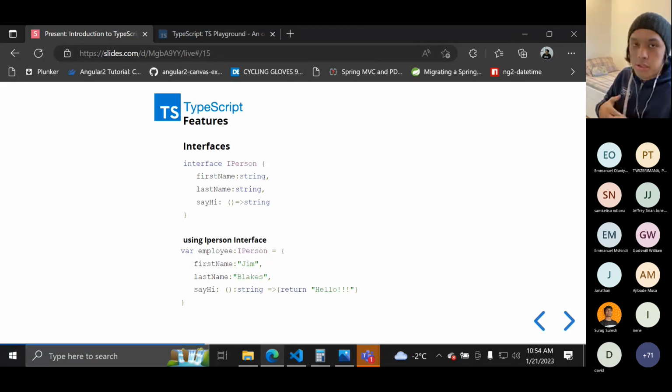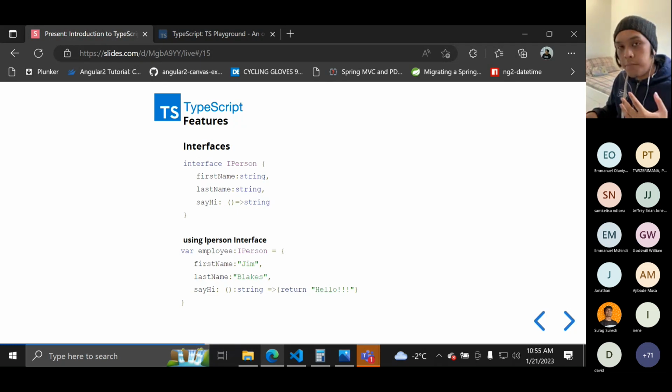So next one is the interfaces. The interface is actually just the blueprint. It's like a class, but you cannot instantiate it with a new object. I know you guys are familiar with this, but it's very powerful when it comes to TypeScript since it's not just having properties, but it's also capable of having functions. You can see here in the interface person, it has two properties and one function.